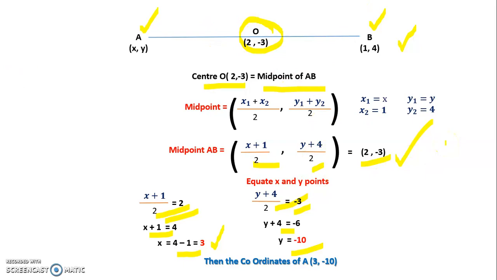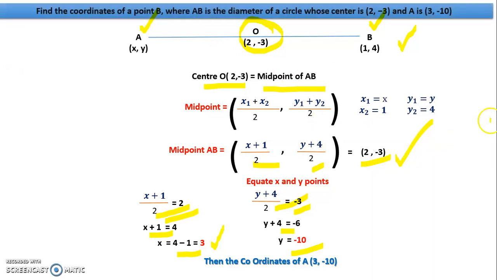So this is the problem. Listen to the problem again and you may do it as homework. Find the coordinates of the point where AB is the diameter of a circle whose center is (2, -3) and A is (3, -10). So coming to the general info,